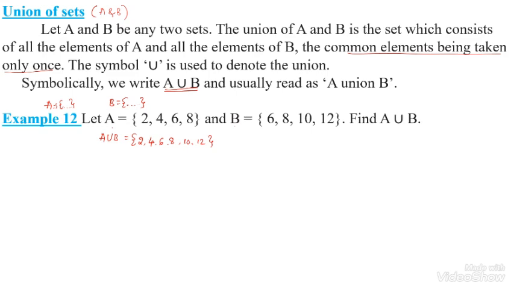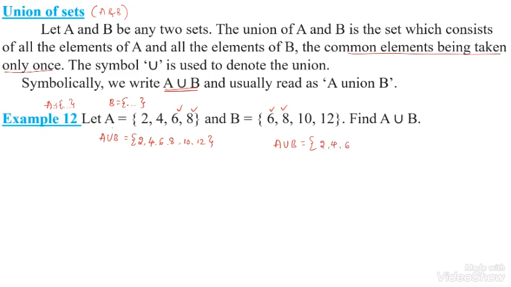Otherwise, simply first take the common elements between these two sets. 6 and 8 are the common elements. So we write A ∪ B is equal to 2, 4,